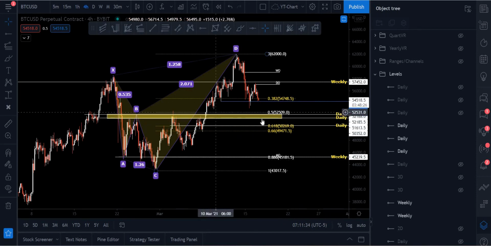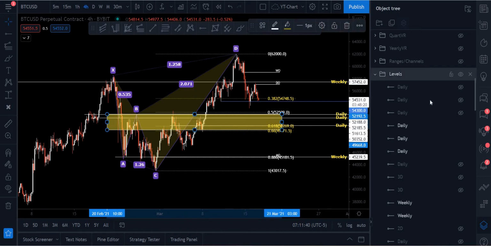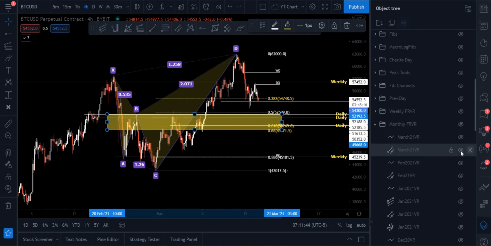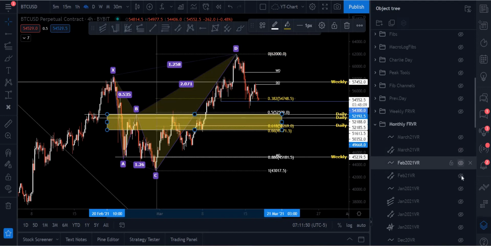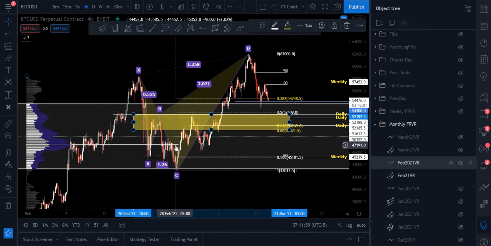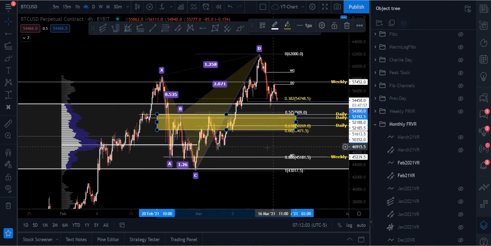Now we can reverse from this little box right here. Obviously, like we said, the March value area lows are coming in this region. We just discussed that as far as what our monthly range looks like, right? We said this is our March value area low, but we also just talked about how if we find our way back in to the range on February, the idea of cycling to at least the point of control here at 47 grand is there, which would put us in a deeper retrace, probably like 786 to 886 territory,